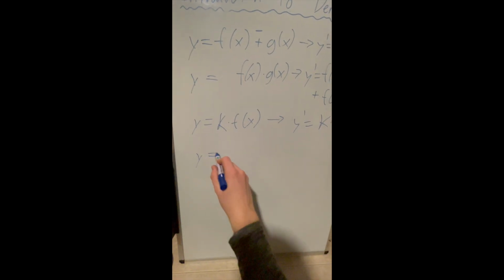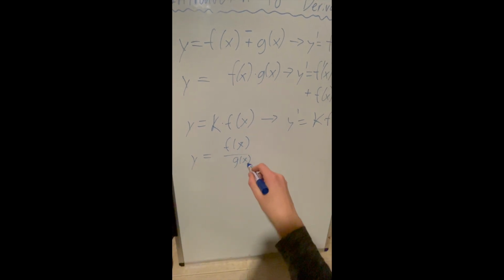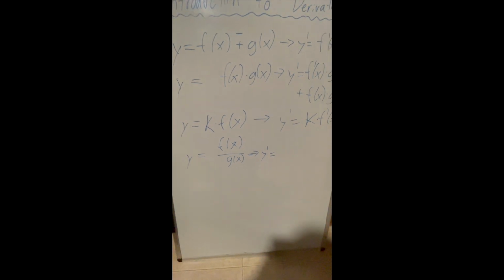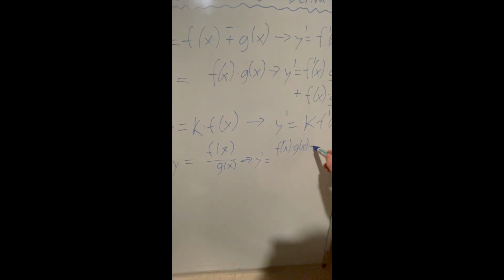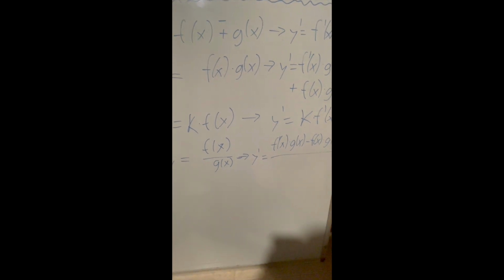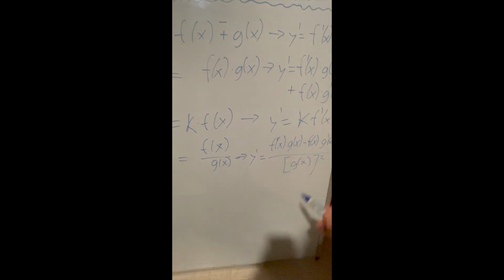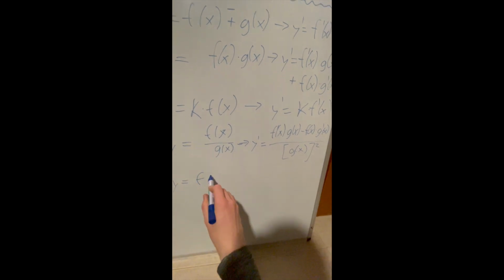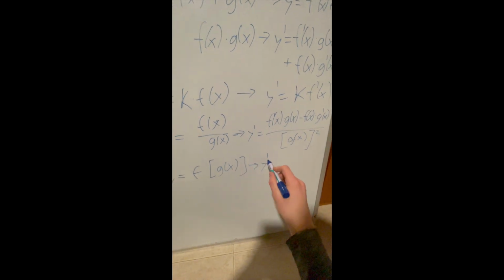If we have that our function is f of x over g of x, a division, our derivative is going to be f prime of x times g of x minus f of x times g prime of x, divided by g of x squared. And finally, if we have a function of f of g of x, then our derivative for this is going to be f prime of g of x